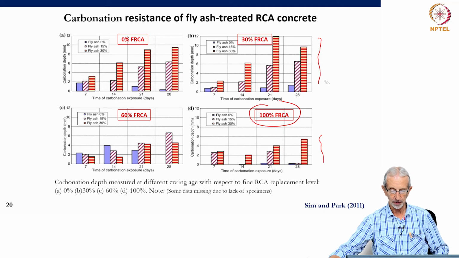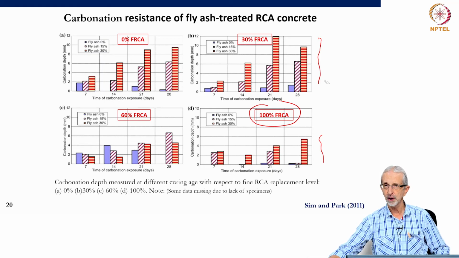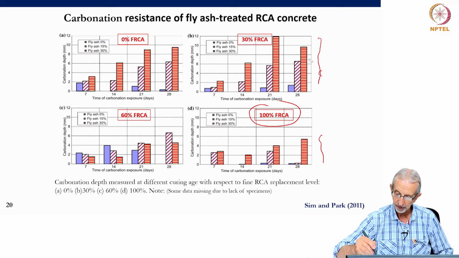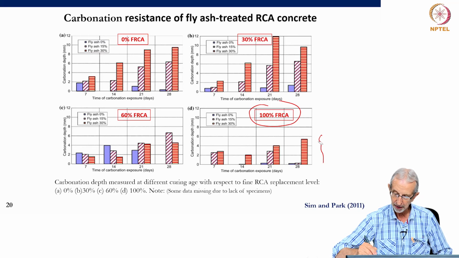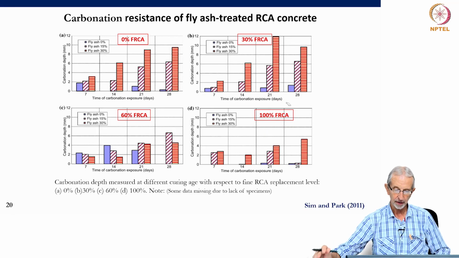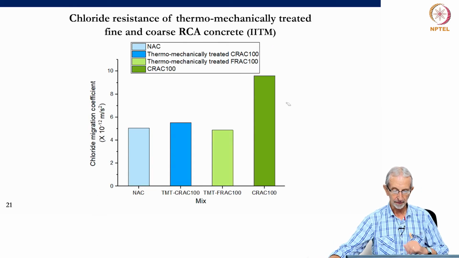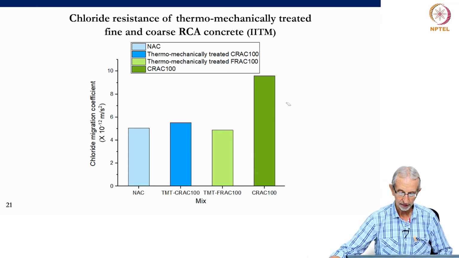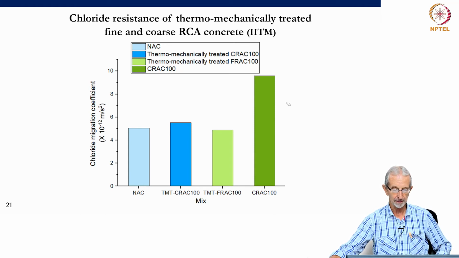So, you know, a little bit of a question mark here, but it seems to indicate that depending again on how you handle your material and treat it, it's possible to get away and not necessarily have a penalty. And here is another example of moving to chloride resistance, and again with the work done at IITM,